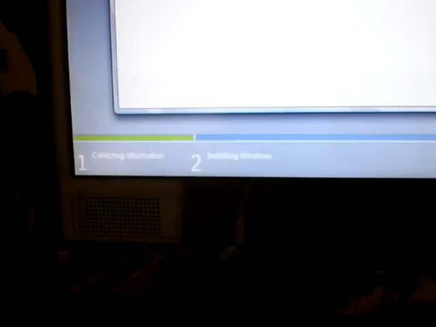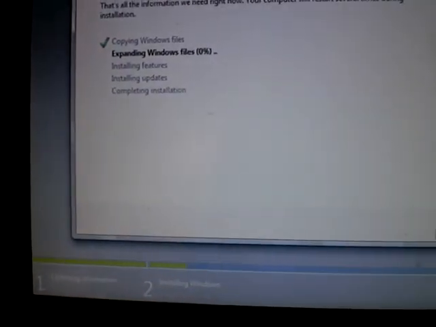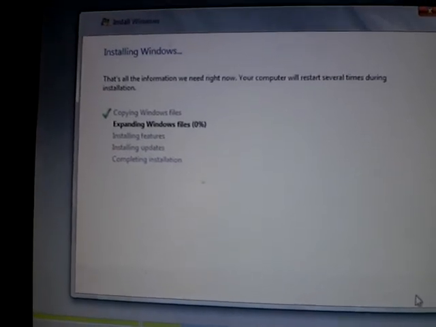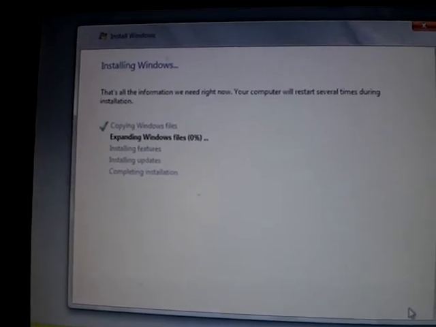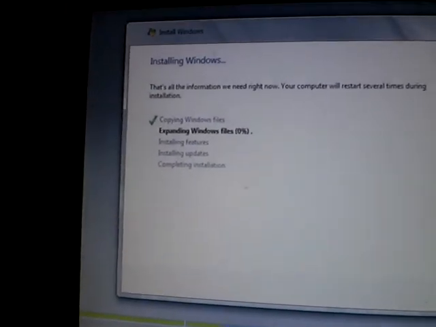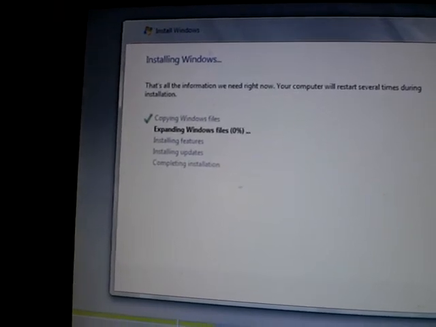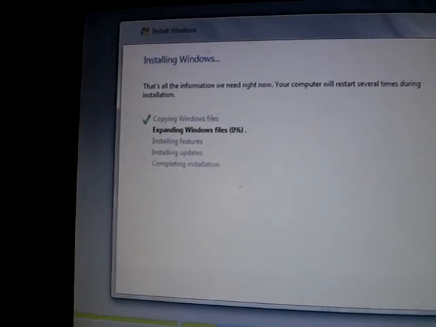And right now it will start collecting information and installing Windows. It says that the computer will restart several times during installation. We have the expanding Windows files, and we